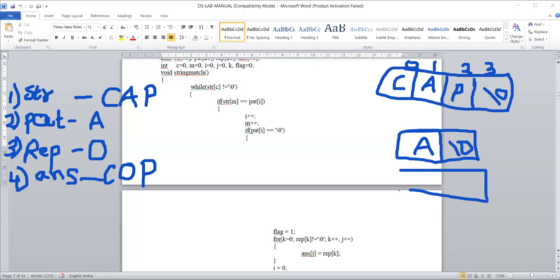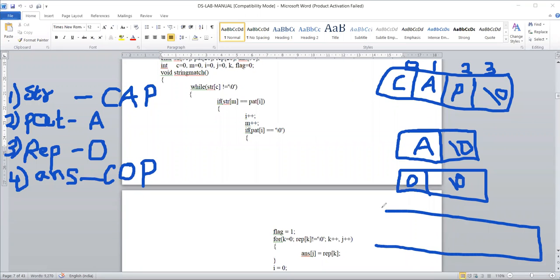And for replace, you'll have O, only one letter again, and then the answer string or array.